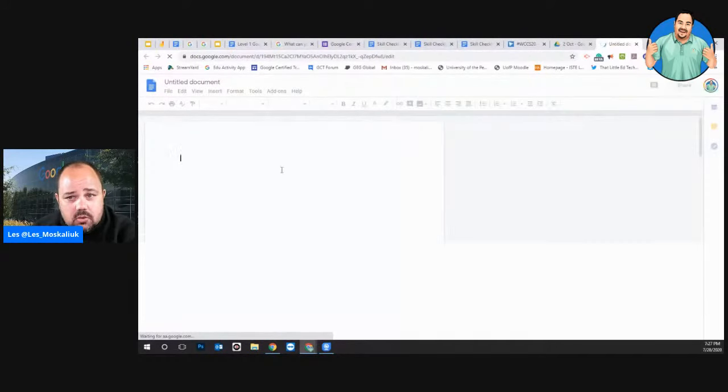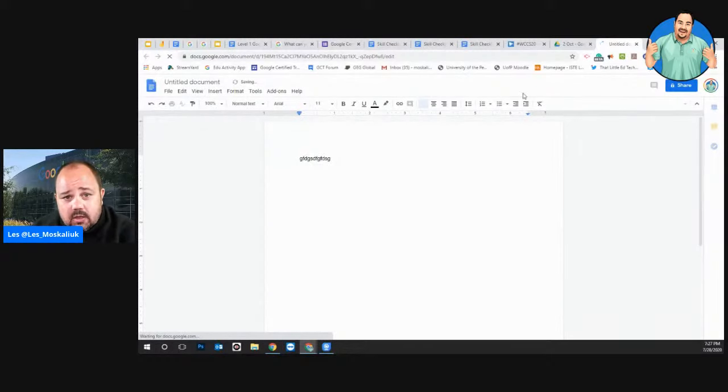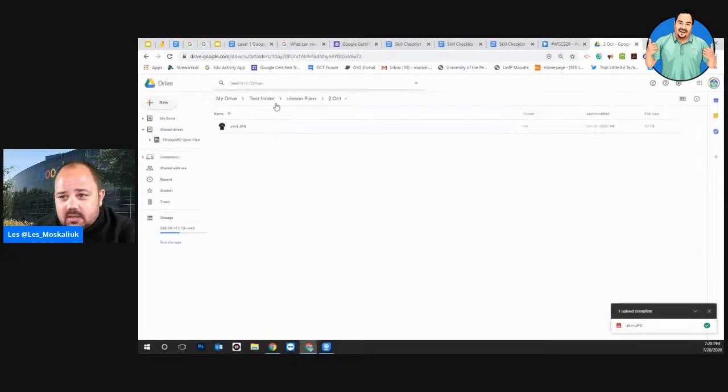And as soon as it loads, right here, as soon as it loads and I close it, just give it 1 second here. It's saving. It says it's saved to Drive. But as soon as I close it, you will see that in that folder right here is that untitled document